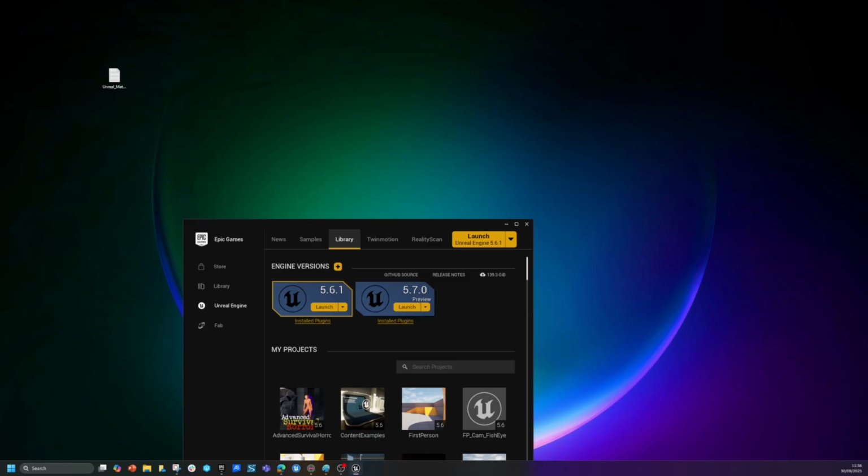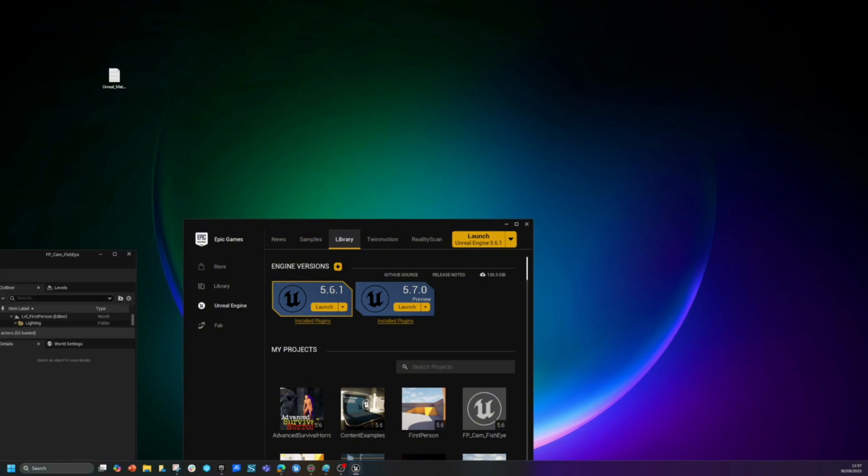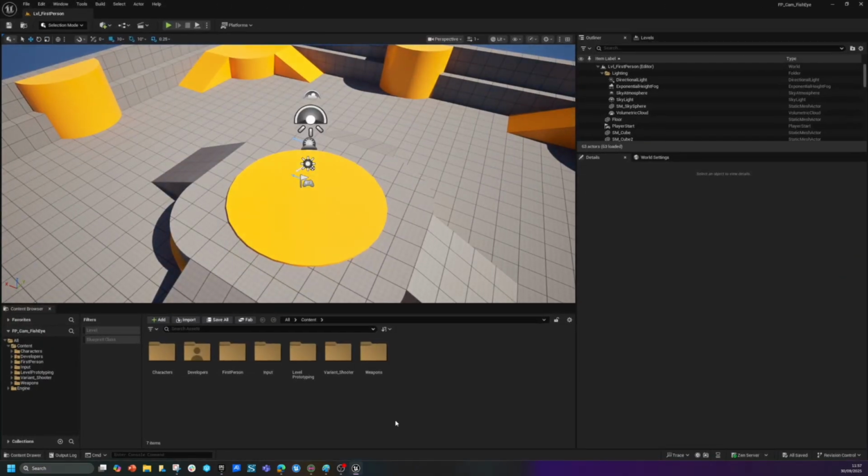So we're going to tackle this in two ways. The first part, the fisheye lens, is just going to be a post-processed material that runs over the environment. And the camera shake, we're going to add separately in the character's blueprint. Okay, so once your project opens up, toggle on the filter for levels, and let's go